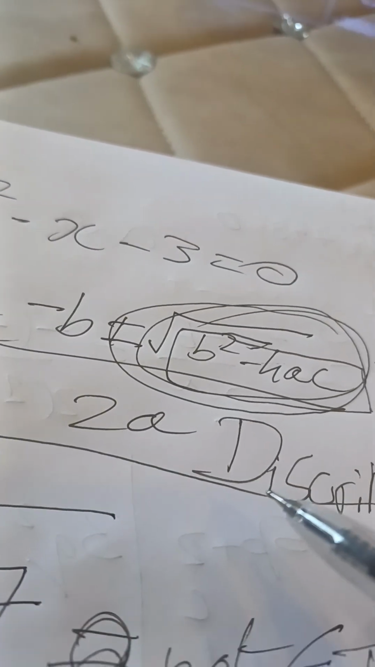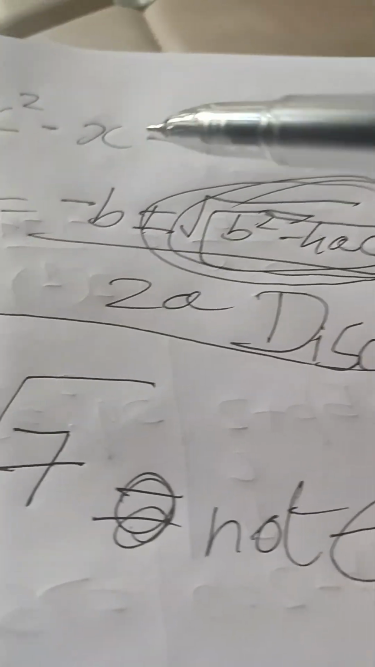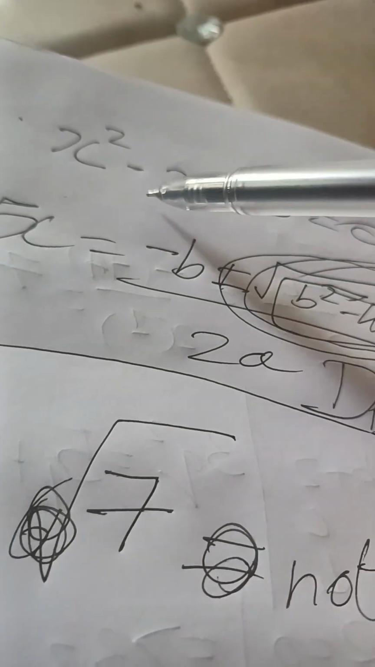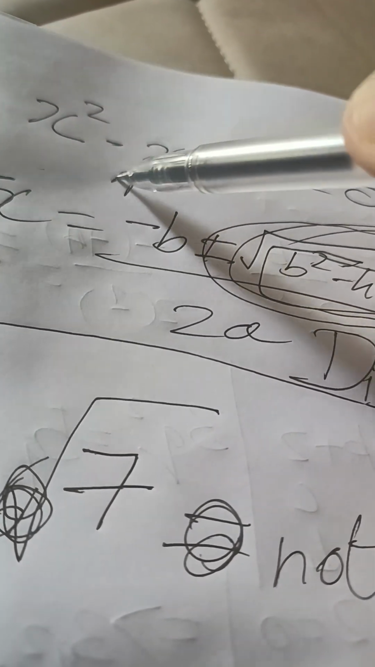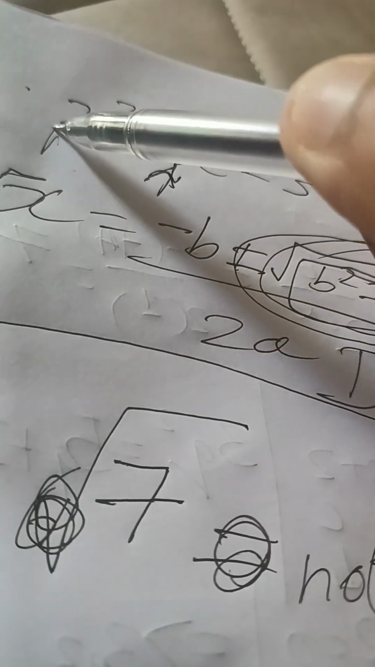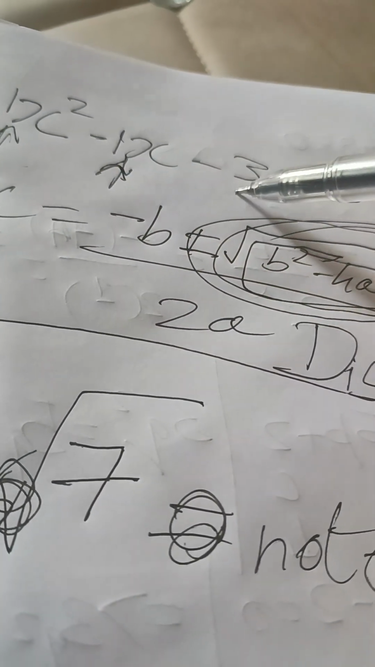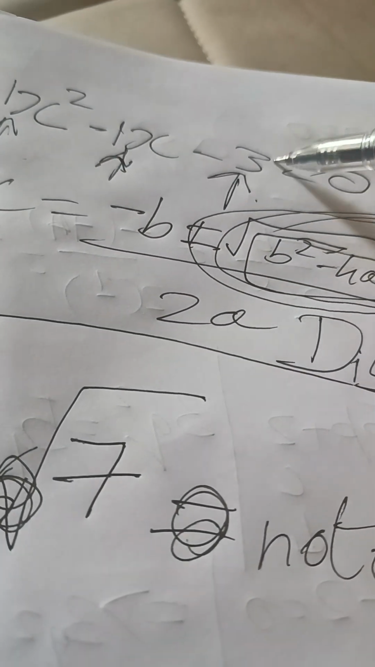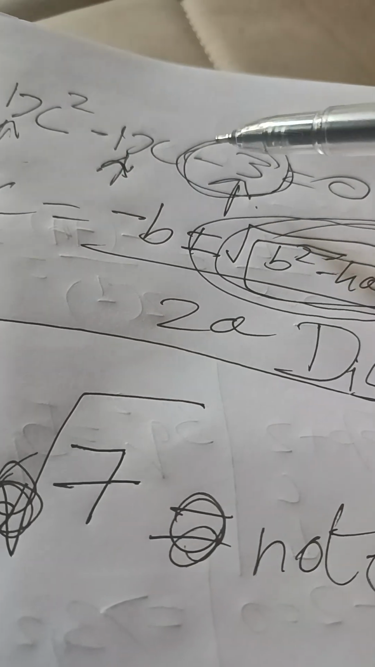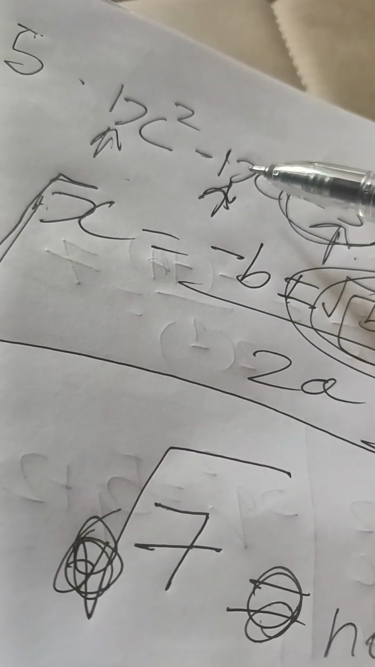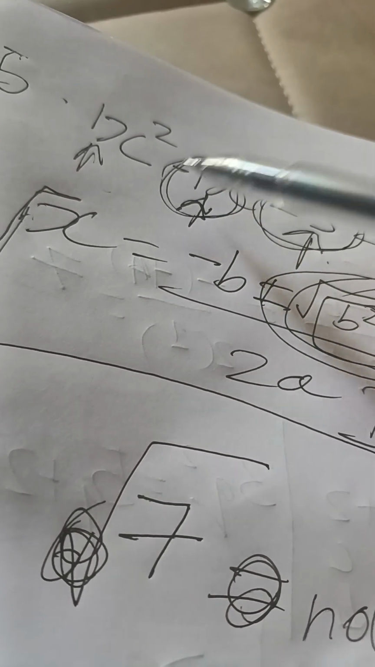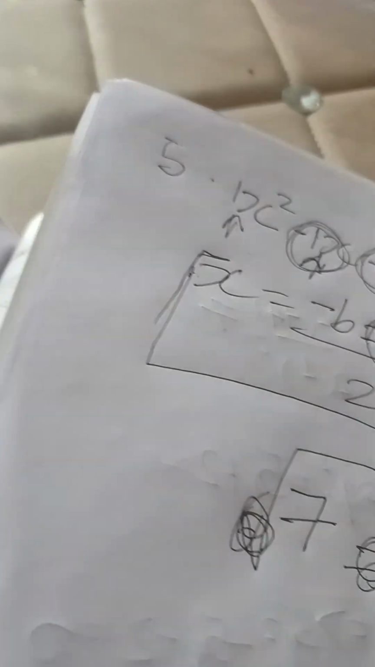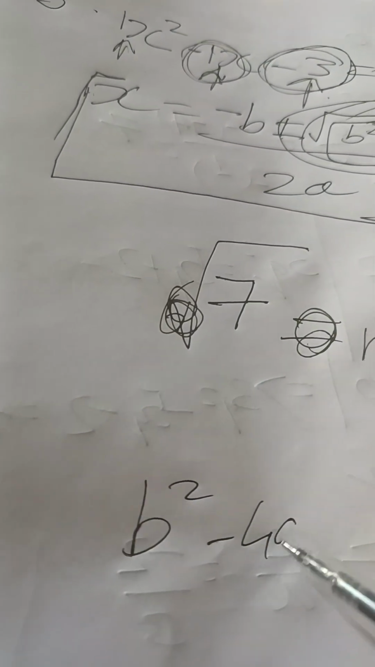Basically, what I'm saying is this is b, it's just 1. This is a, which is also just 1. This is c, actually not 1, it's minus 3. And oh yeah, b is actually minus 1. But yeah, you get the point. So if we take b square minus 4ac,